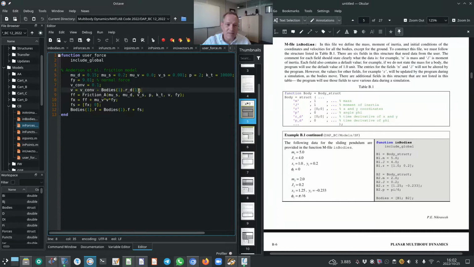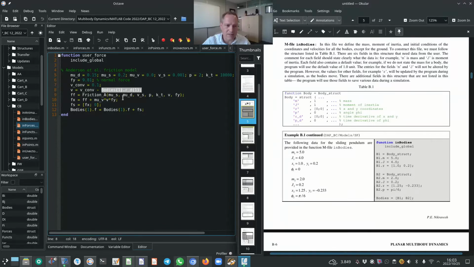Okay, just to emphasize the point a little bit further, let's quickly look at Appendix B that Prof. Nikravesh wrote. And here you can see that RD is the time derivative of X, which is the first component, and Y, which is the second component. So that's why we are interested in the X component of the velocity of body 1, okay, which explains this